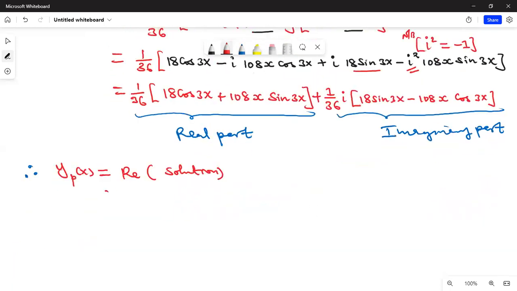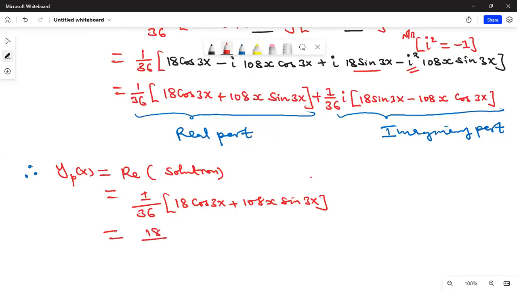And so that is equal to 1 over 36 into 18 cos 3x plus 108x sine 3x. And you see 18 is common. That can be factored out so that we simplify this result. 18 is common, so this can be written as